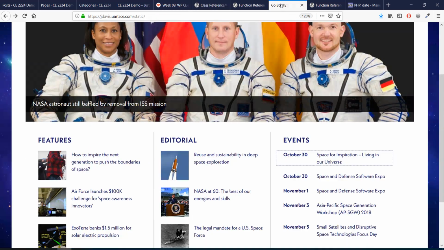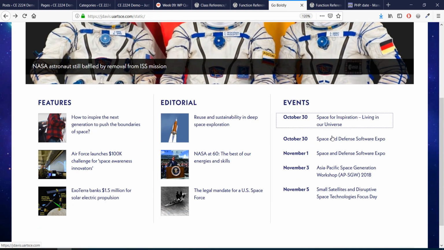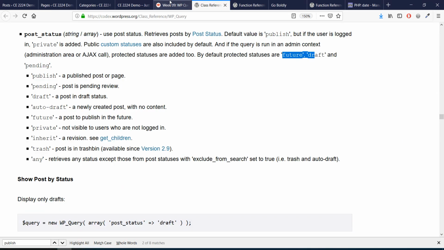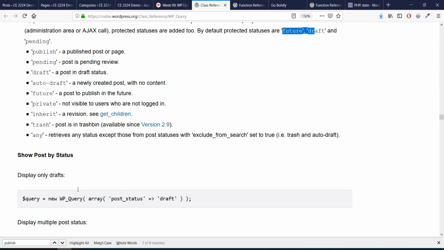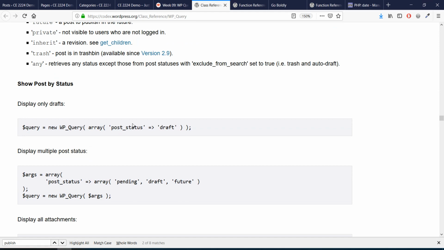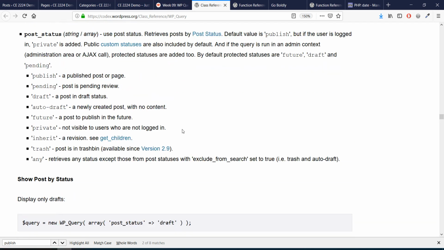It's kind of up to you. You might decide, say I don't have enough posts for the future, maybe I want to show some of the past ones, or maybe no matter what, I only want to show future events. It's kind of up to you. We can see how it's specifying the post status in these examples. This will only pull post status that are draft. By default, it's only going to pull post status that are published. So if that's what we want, we don't actually have to specify. But in this particular case, if we only want to pull posts which are draft status,